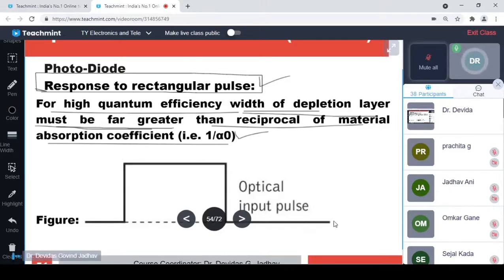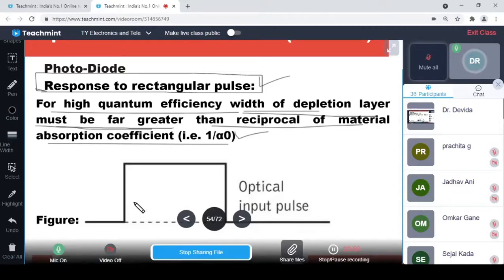So the number of photons is falling continuously. The number of photons is increased at some time, this increased number of photons continues to be incident for some time, and again the number of photons reduces to the previous condition. So this is the rectangular pulse. There is a higher number of photons at each instant in this particular pulse compared to the other region. So this is the rectangular pulse.